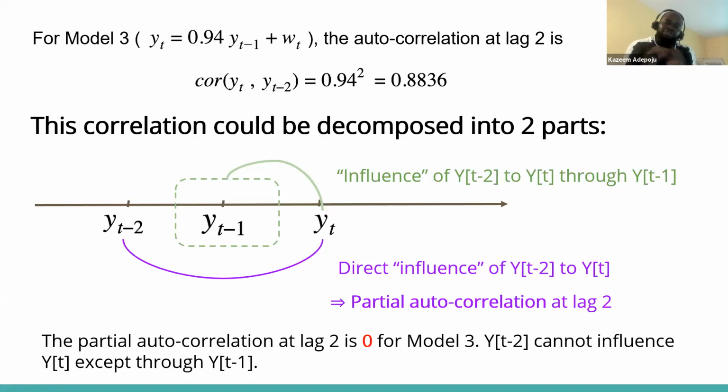If the time series variables are more than 1 lag apart, in this case the distance apart is more than 1. These are two lags apart. Now, if they are two lags apart, there is no way I can measure the relationship between yt and yt minus 2 without going through yt minus